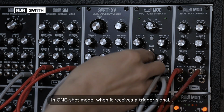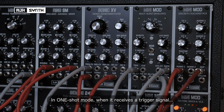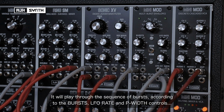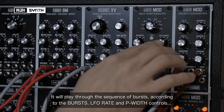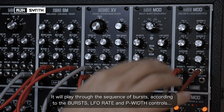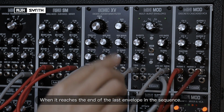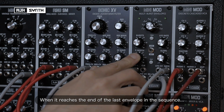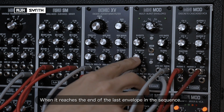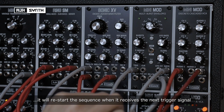So if I turn it into one-shot mode, what will happen is every time it receives a trigger signal, it will play through the sequence of bursts, depending on how many bursts I've got, and also still answering to the LFO rate and pulse width. Then when it's completed the end of the last envelope in the sequence, so that will be affected by pulse width, once it comes to the end of that last envelope, then it will re-trigger itself once it receives another